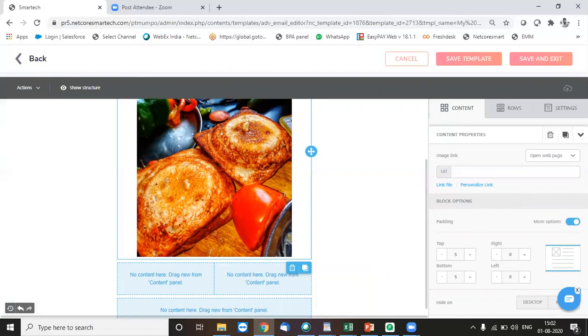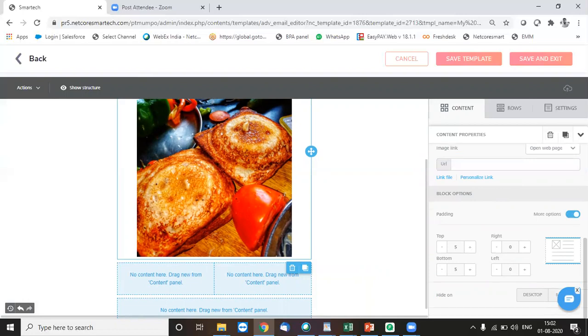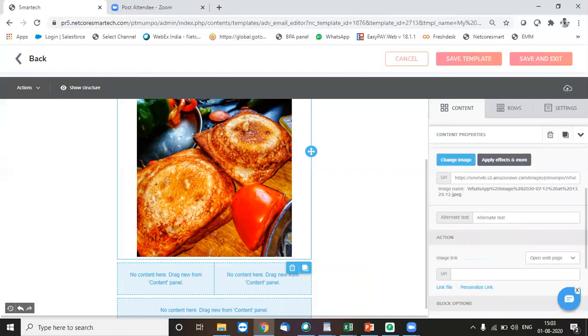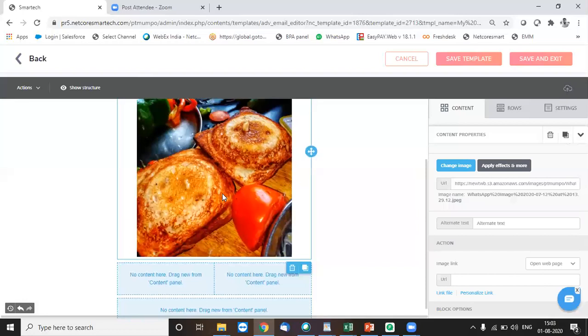And here I can also put an image link. So if someone clicks on this, where it should land up. For that, I can put the landing page URL. And I can also mention what activity you want to make once someone clicks on the email.